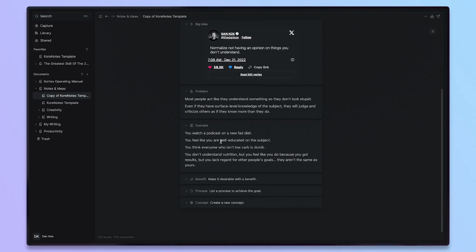You feel like you're well educated on the subject. You think everyone who isn't low carb is dumb. You don't understand nutrition, but you feel like you do because you got some results, but you lack regard for other people's goals. They aren't the same as yours. So this illustrates an example of normalize not having an opinion on things you don't understand, because a lot of people learn something new, and then Dunning-Kruger effect, they think, oh, okay,